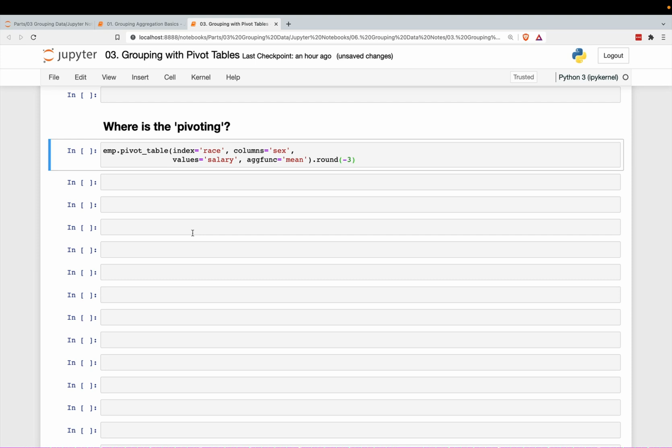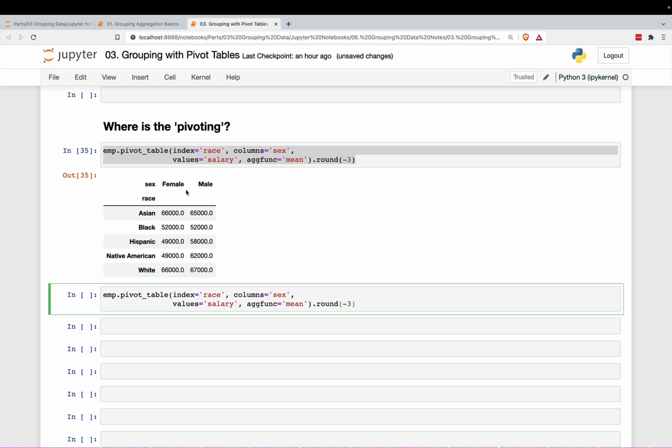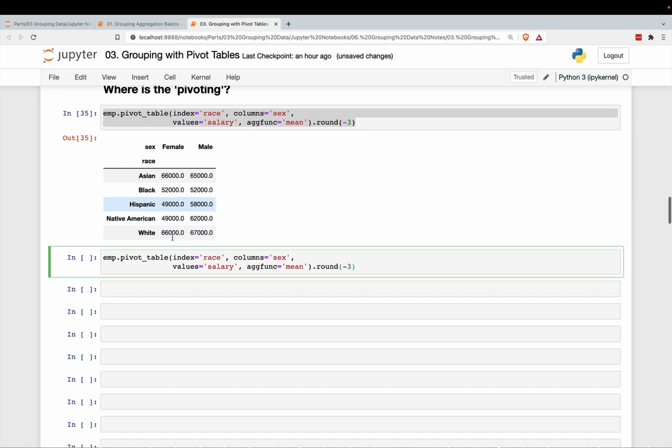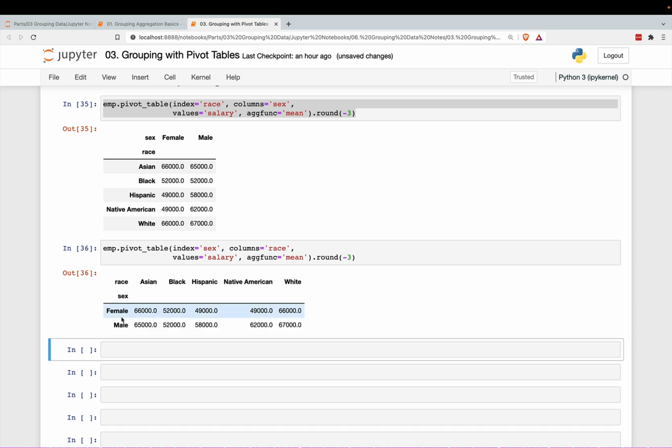You may be wondering, where is the pivoting in this pivot table? So here is our original pivot table. And if you're familiar with Microsoft Excel, you can pivot things around so the shape changes. The way you do this is by simply changing the index and columns. So I'm just going to change this so I have sex on the vertical axis, and race on the horizontal axis,